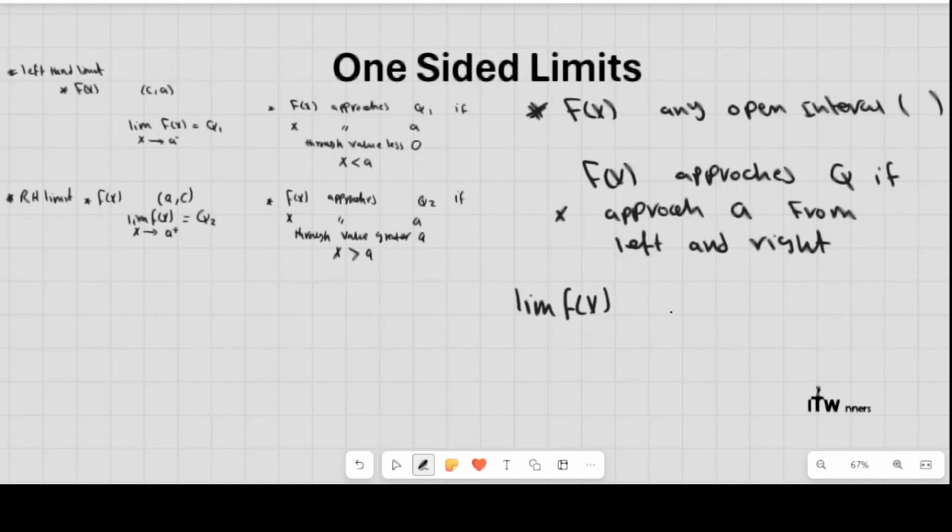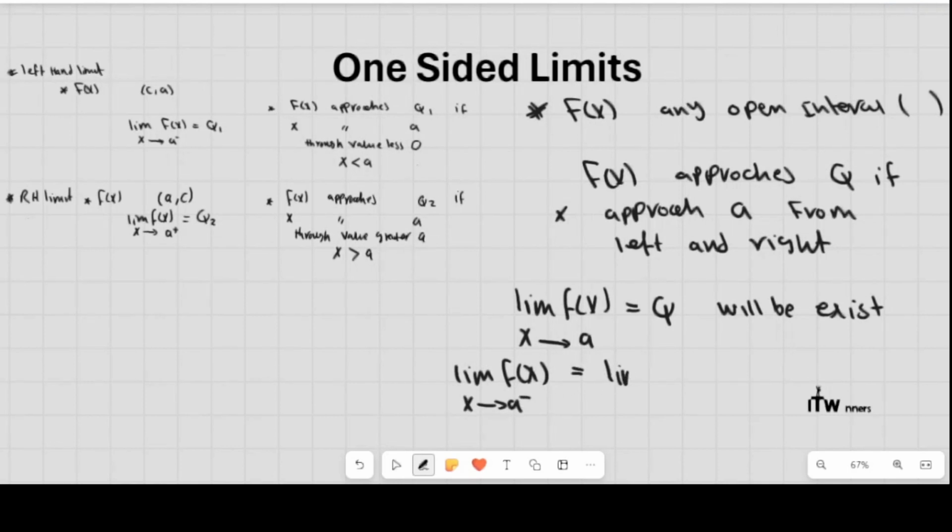So here the limit of f of x equal to q, and here x approaches a, will exist only if the limit of f of x as x approaches a negative equals the limit of f of x as x approaches a positive. Okay,